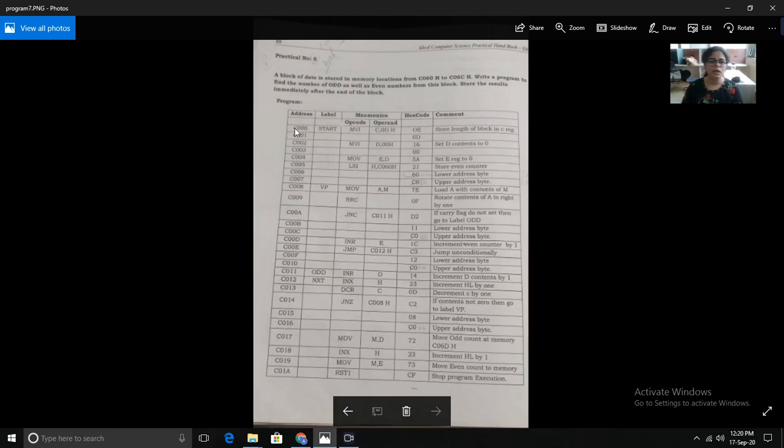I have assumed it as 6000, and I have changed the hex codes and op codes accordingly. So wherever we are jumping from any location like C011, C012, C008, at all these locations you have to write 6011, 6012, 6008, because we have also changed these addresses. Okay, so here you don't have to change because this is the length of the block.